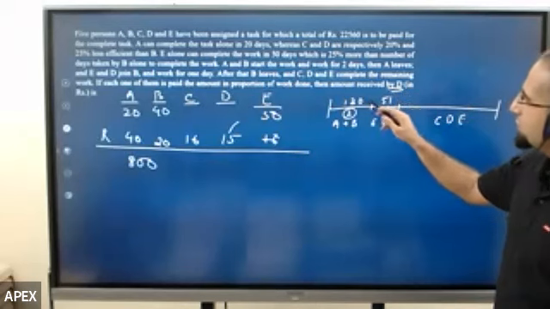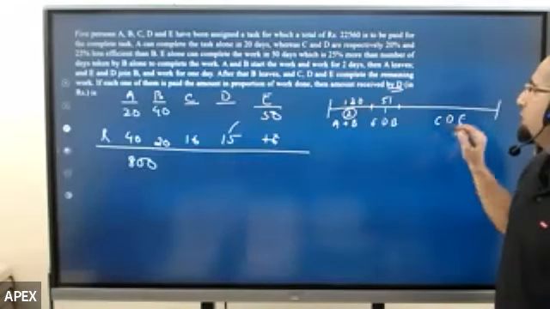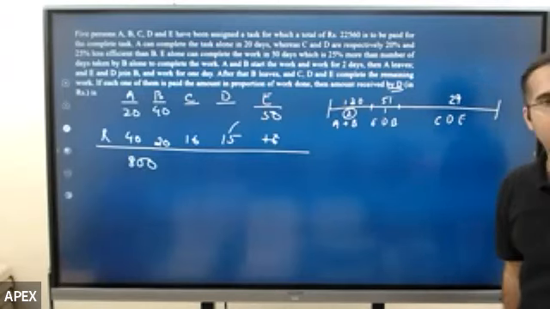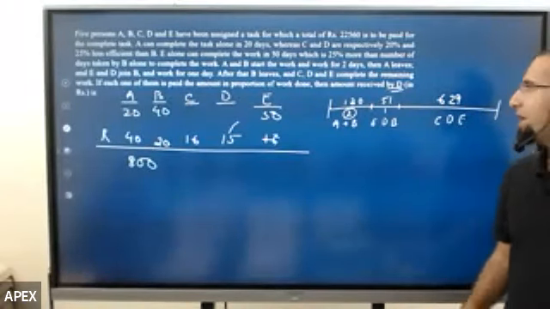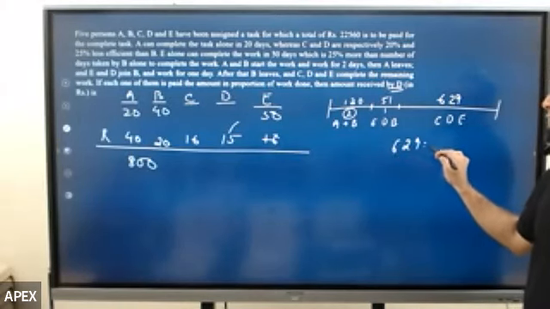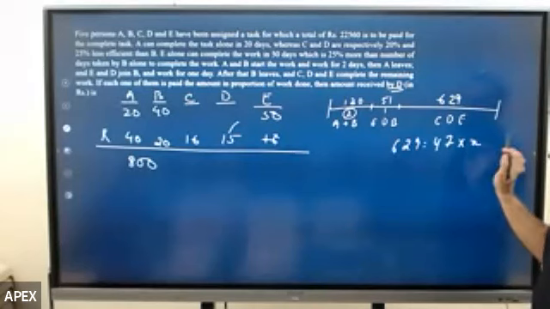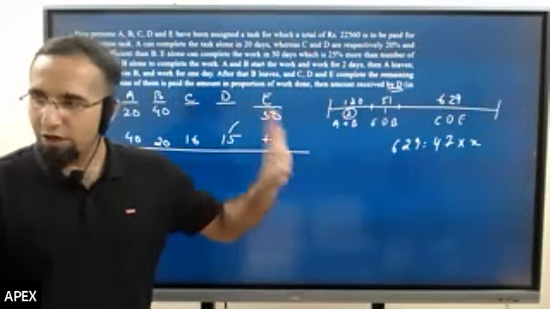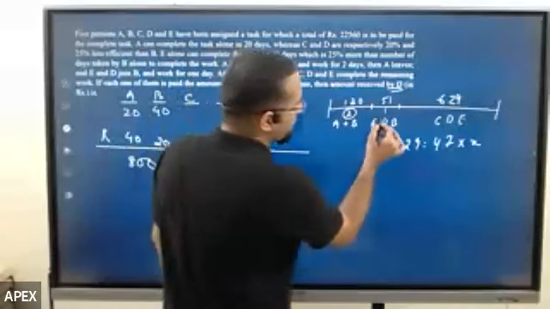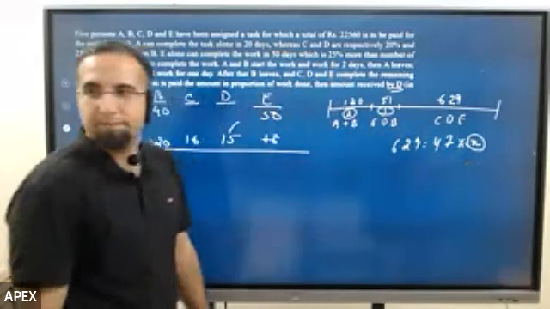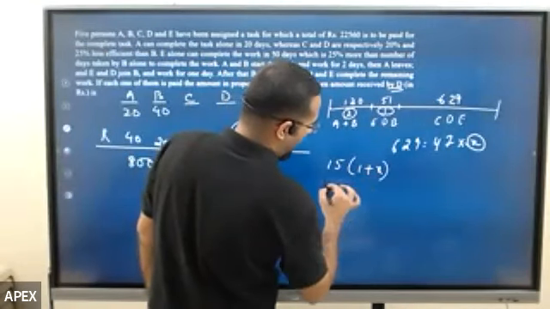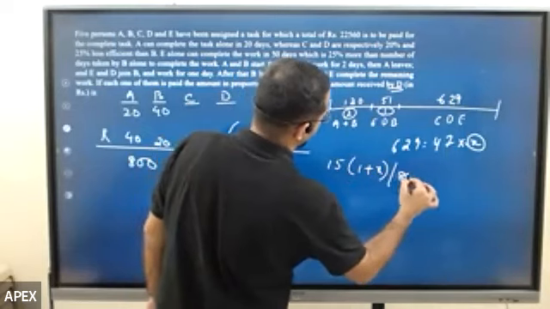And total work is how much? 800. So the work done is 120 plus 51, 171. 171 means 9 more is 180, 180 plus 20 is 200, 200 plus 600 is 800. The remaining is 629 units. So we will calculate 629 is equal to 47 into X number of days. You can use your calculator. You get the value of X. And D has worked for 1 day and X days. So total work done by D is equal to 15 into 1 plus X out of 800 is the proportion